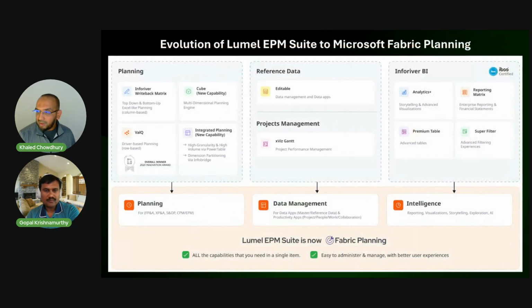So let's talk about this, right? I think it came out in public preview last month. So maybe a year's worth of development. How many years of development is this? Like, what are we looking at from a Fabric Planning perspective? So it gives people peace of mind, or what is the story behind it?